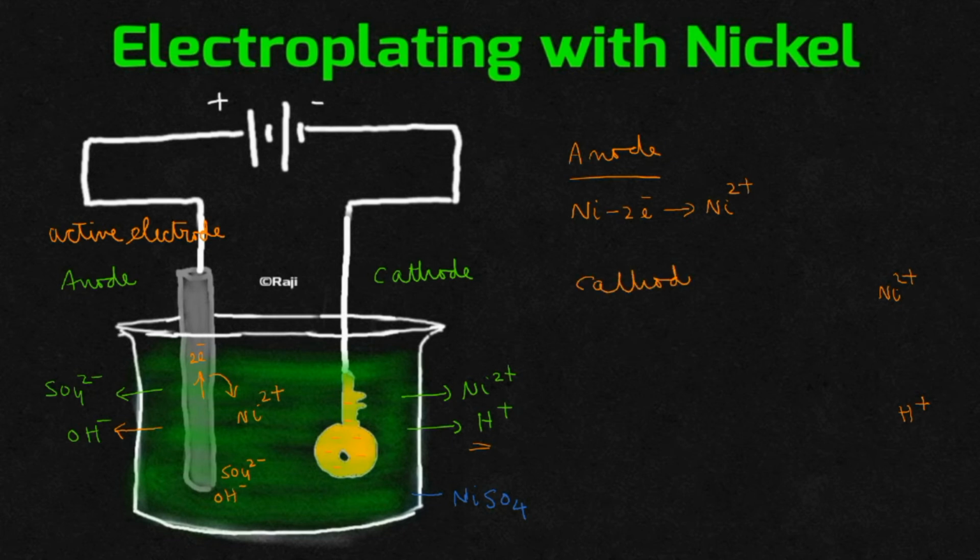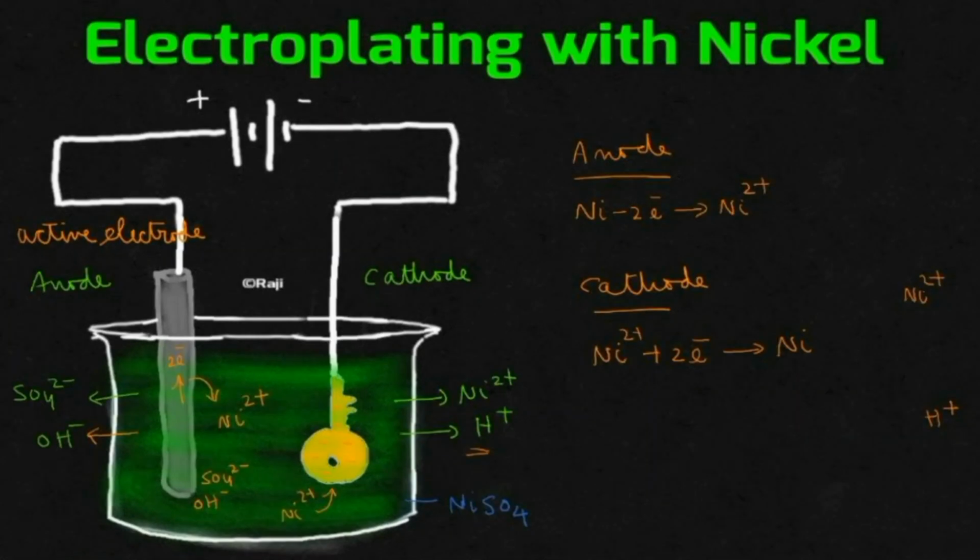Write and see. Ni2+ ion will be moving towards the cathode. It will accept 2 electrons and get converted into nickel metal. As the key is connected to the negative terminal of a battery, it will be rich in electrons. Ni2+ ion will move slowly towards the cathode, accept electrons and get deposited as nickel. Correct, no? So after some time, what will be the observation of the reaction?